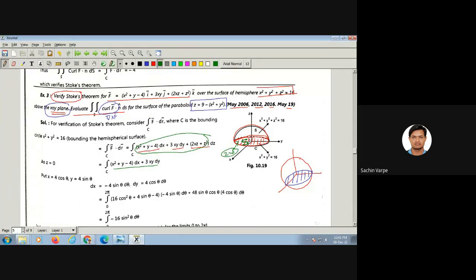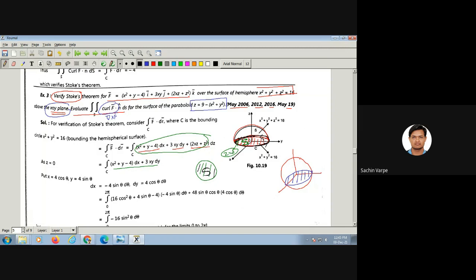Now if you visualize this bottom surface S, that will be a circle. Can you visualize this hemisphere on the XOY plane? That will be a circular region, no? It is just like cutting an apple in the middle. So what will be the surface? That will be a circular surface, right? So that is what the bottom of the surface is. So we are evaluating this line integral over this curve, this bottom circle.